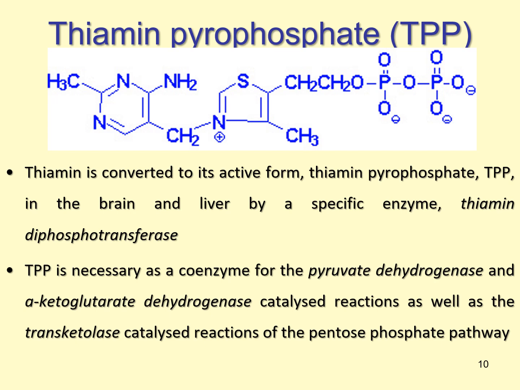Thiamine pyrophosphate is the coenzyme for vitamin B1, and thiamine is converted to its active form, thiamine pyrophosphate, in the brain and the liver by a specific enzyme, thiamine diphosphotransferase. Thiamine pyrophosphate is necessary as a coenzyme for the pyruvate dehydrogenase enzyme and the alpha ketoglutarate dehydrogenase catalyzed reactions, as well as